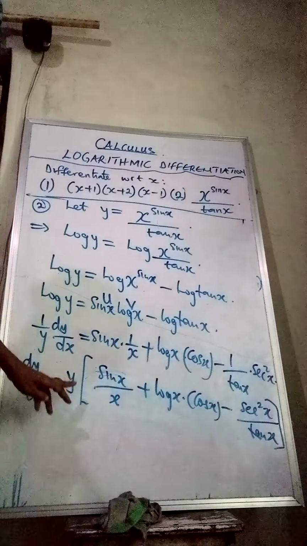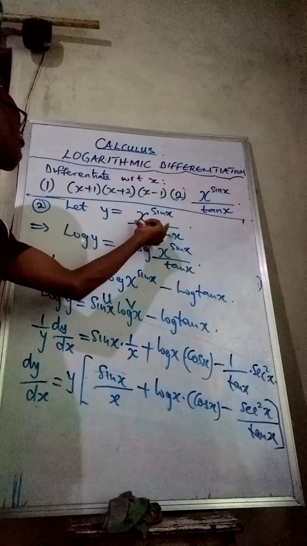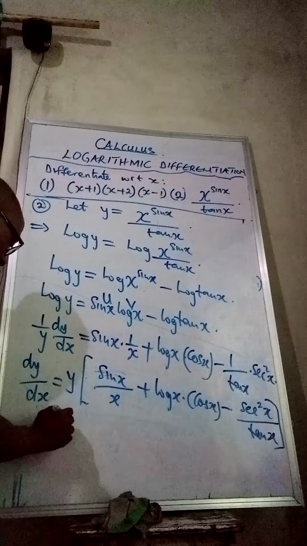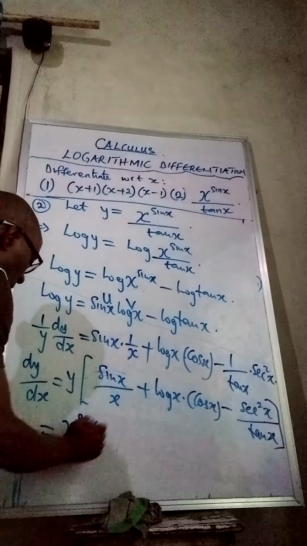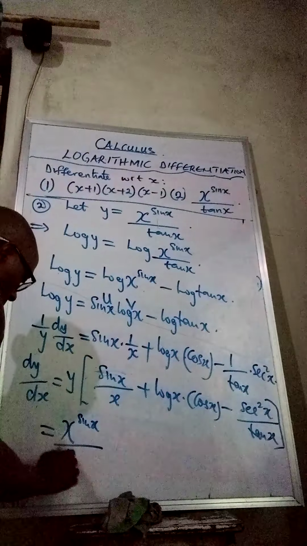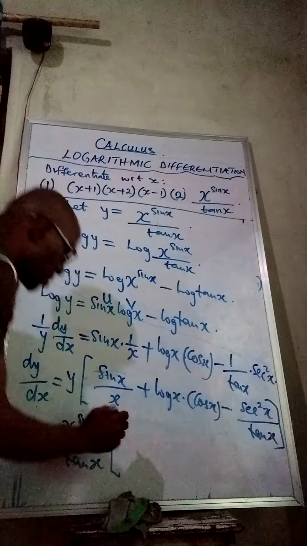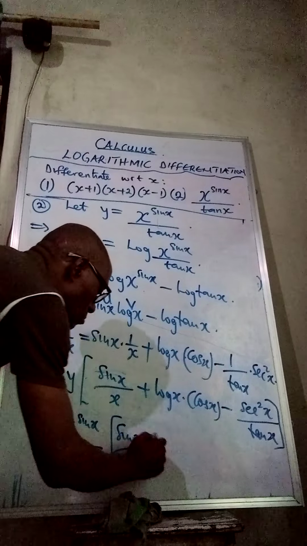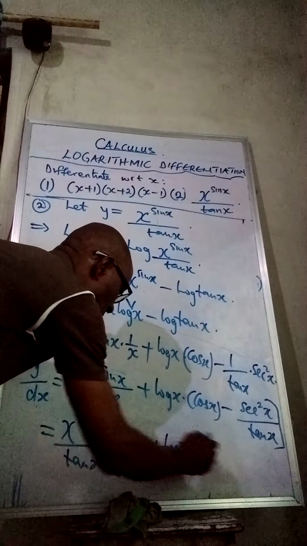Finally, we replace y with whatever it is representing, which is this. So that means dy/dx will now be x raised to power sine x over tan x into bracket, then you repeat all this. Sine x over x plus log x cos x